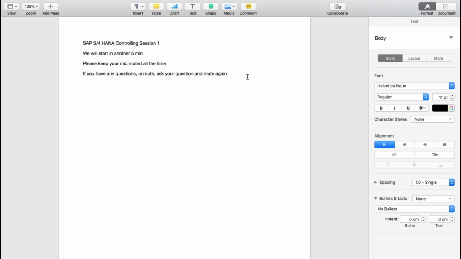Okay, so let's start now. Can you tell me what exactly is the difference when you talk about SAP? Forget about S4 HANA as of now, we will come to that point. What is SAP ECC vis-a-vis what is SAP S4 HANA? Let's talk about controlling. So, what do you think?